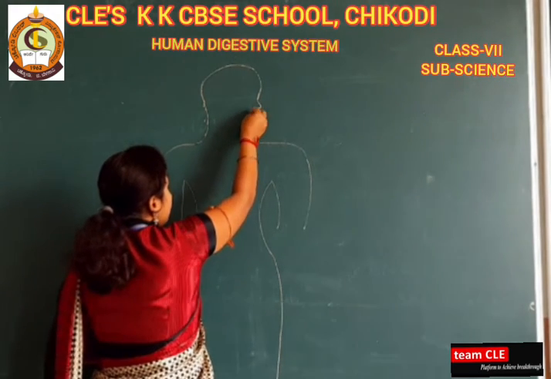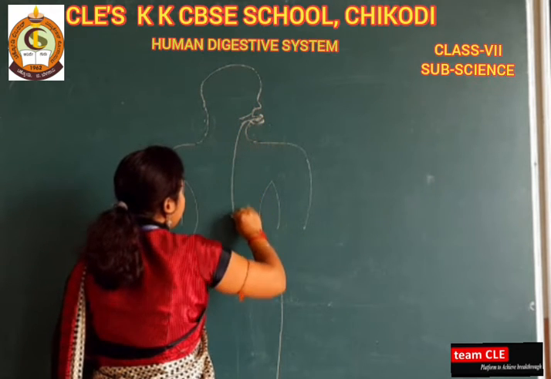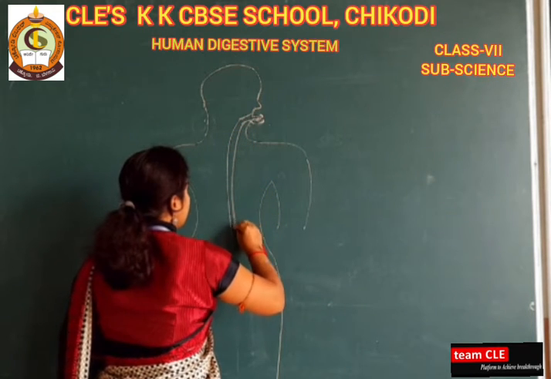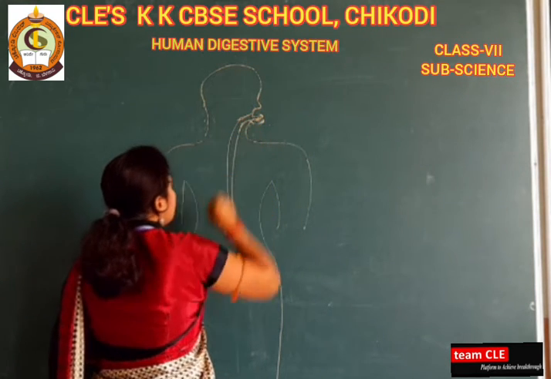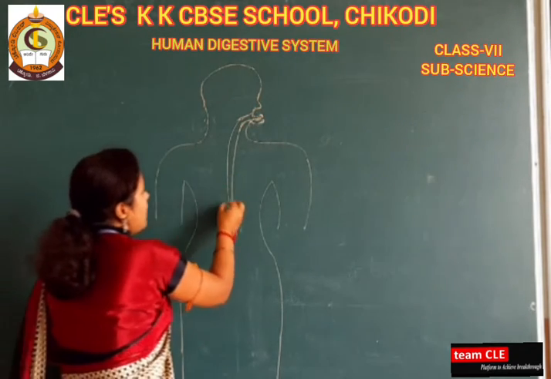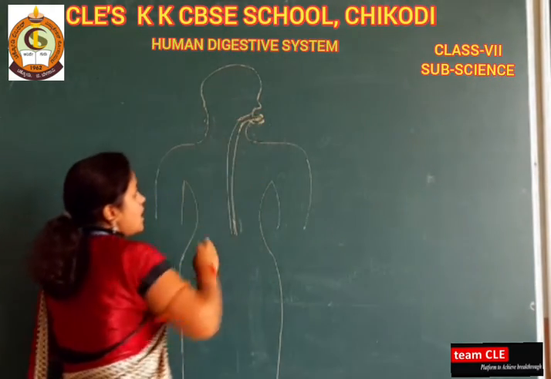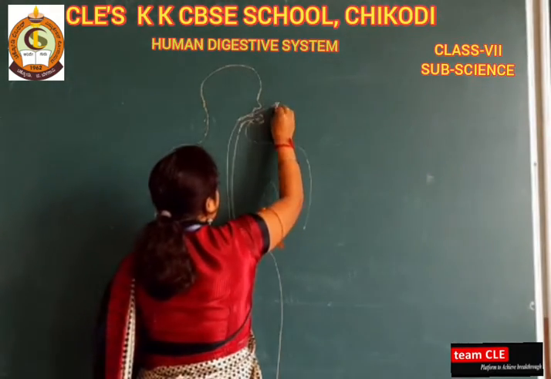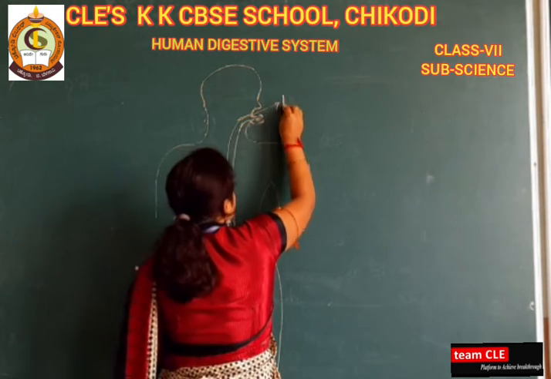This also has connectivity with the nose. So this is our food pipe. Dear students, in biology or in science language, we have to give some names here. We will start by naming this part the pharynx. It is attached to the nose as well as the mouth. So which part is it? Pharynx.